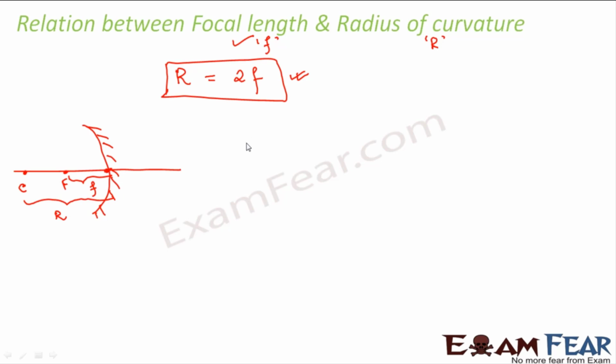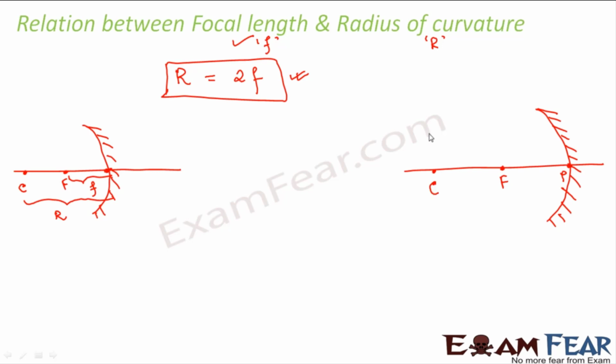Now, if you want to prove it, we can also prove this. So let us try to prove this relationship. So let us prove it for concave mirror. However, it will be true for both concave and convex, and you can prove it for both of them. But for now, I am considering a concave mirror and will prove this relationship for a concave mirror. Let us suppose this is the pole of the mirror, this is the principal focus, and this is the center